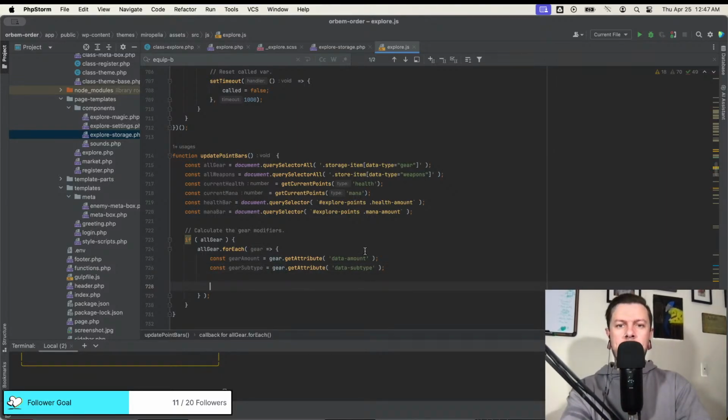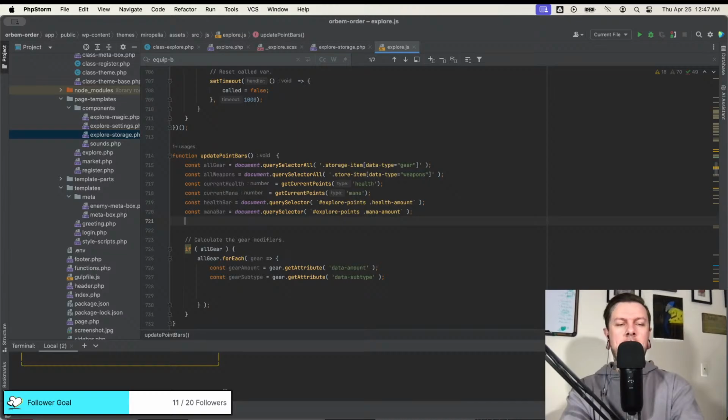Now that we have the subtype and the amount, I need to basically create an array. So let's do a let. This is going to be the mana amount, which starts at 300. Amount starts at 300. Yes. Because we're basically just updating the width.